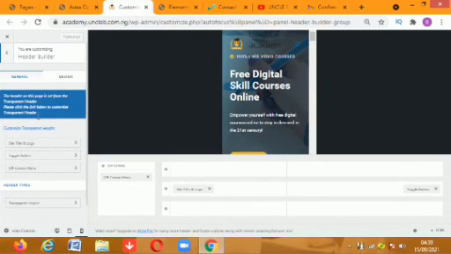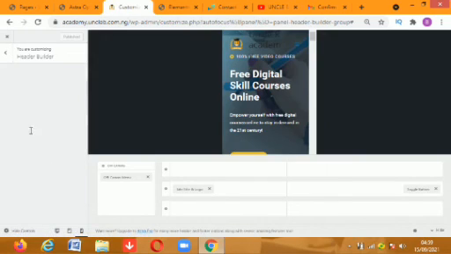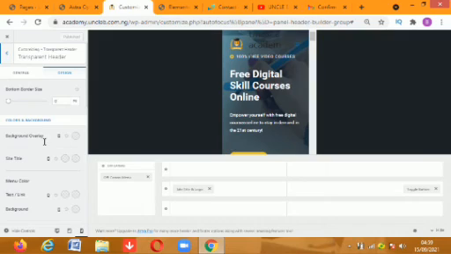Go back. Where is the header builder? Okay, so the next thing we want to do is come to design, and we want to say the header on this page is set from the transparent header. So we're going to go to customize transparent header,